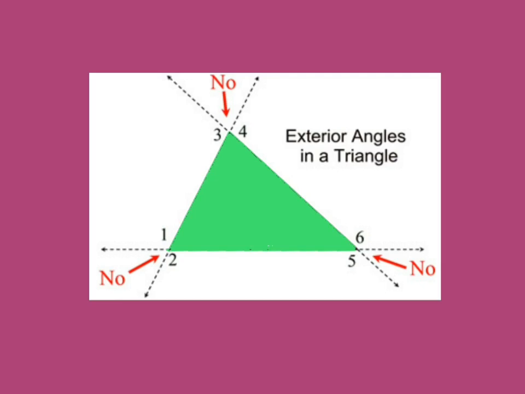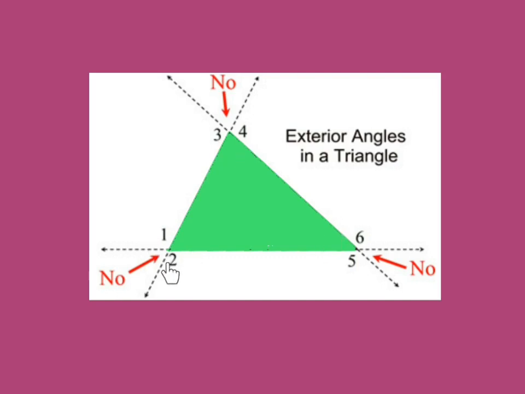Now we'll move towards remote interior angles of that triangle. If we consider this angle, that is angle number 1, as an exterior angle of this triangle, then for this exterior angle, remote interior angles will be this one and this one. Means we have to consider interior angles which are away from that exterior angle. Means we don't have to consider this interior angle, we have to consider this one and this one. Means for this exterior angle, this one and this one are remote interior angles.